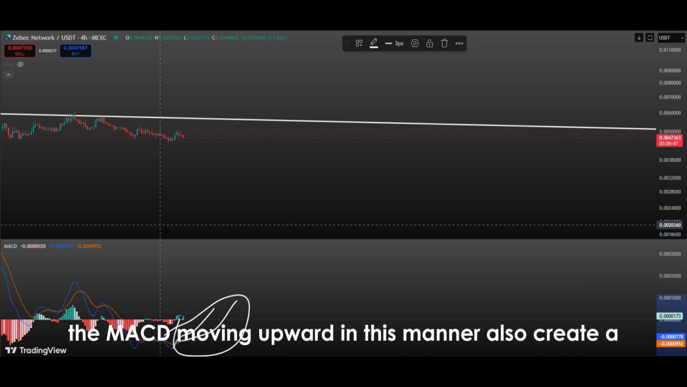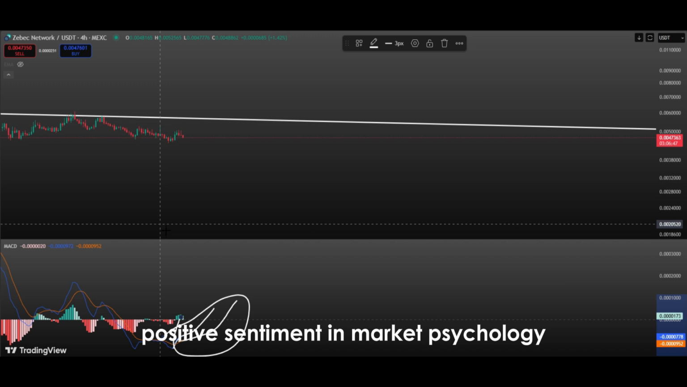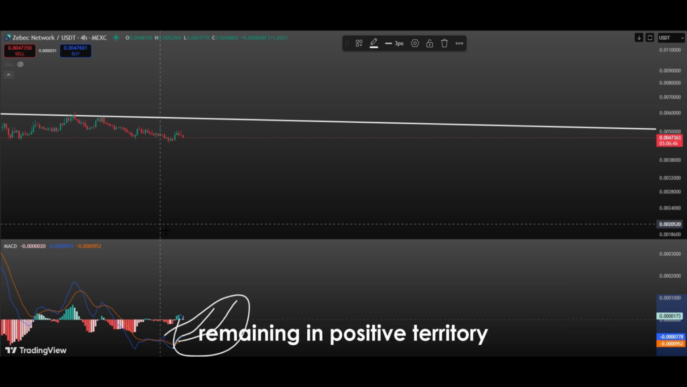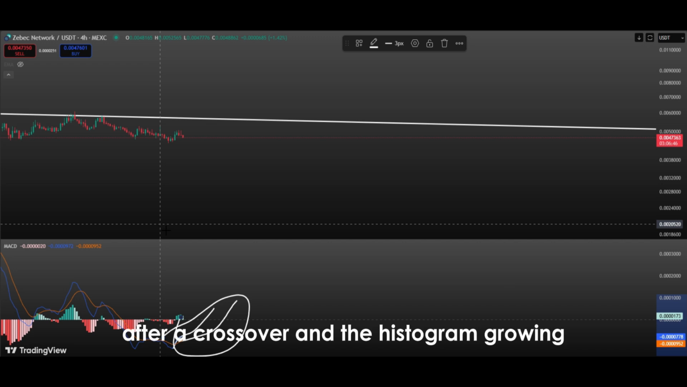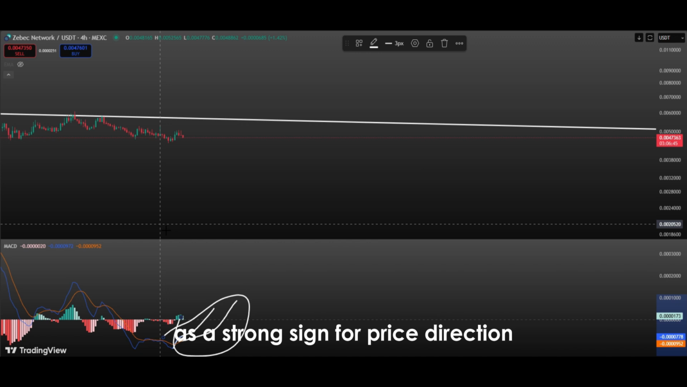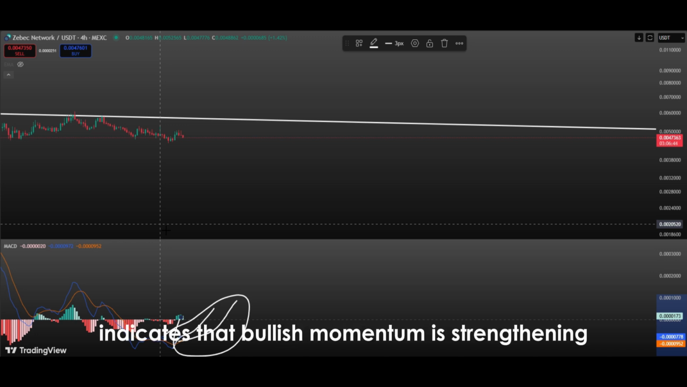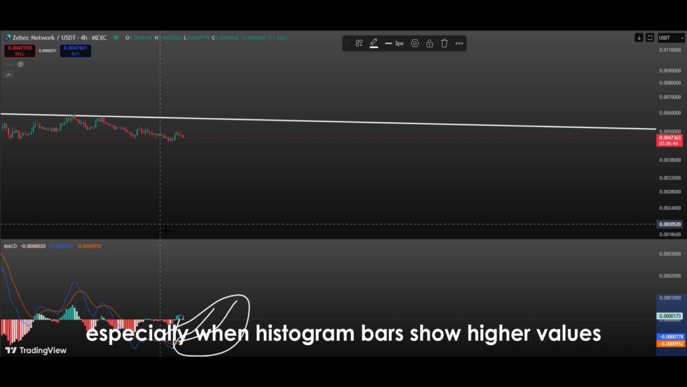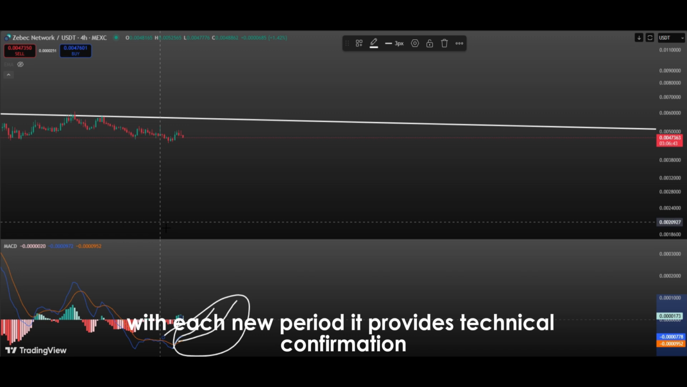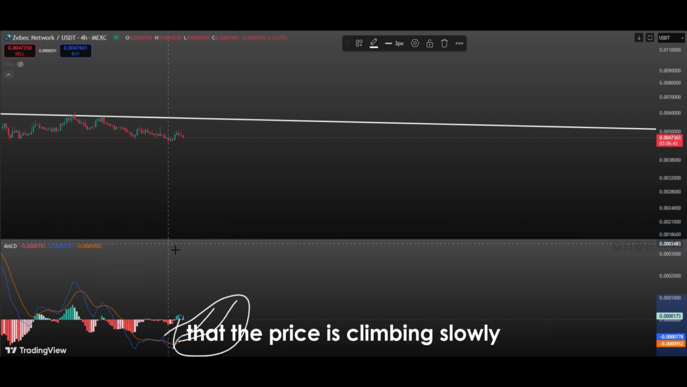The MACD moving upward in this manner also creates a positive sentiment in market psychology. Traders see the indicator remaining in positive territory after a crossover and the histogram growing as a strong sign for price direction. The histogram represents the difference between the MACD line and the signal line. An increasing positive difference indicates that bullish momentum is strengthening. Especially when histogram bars show higher values with each new period, it provides technical confirmation that the price is climbing